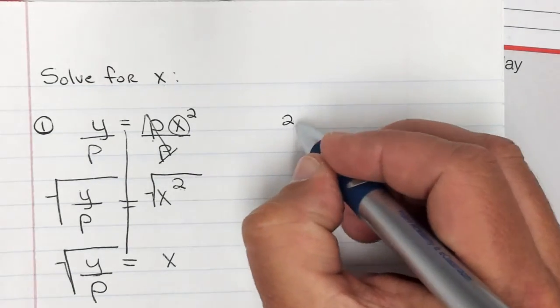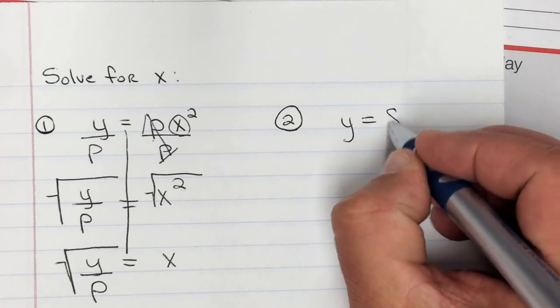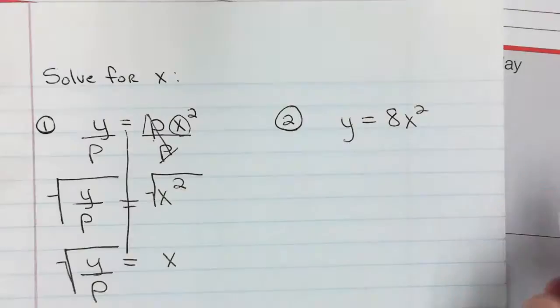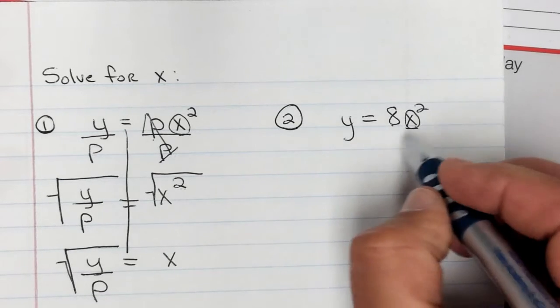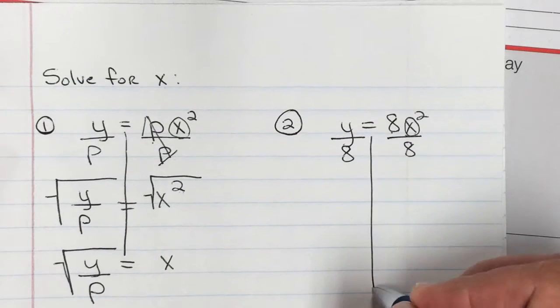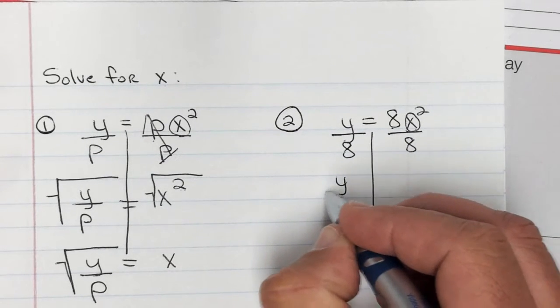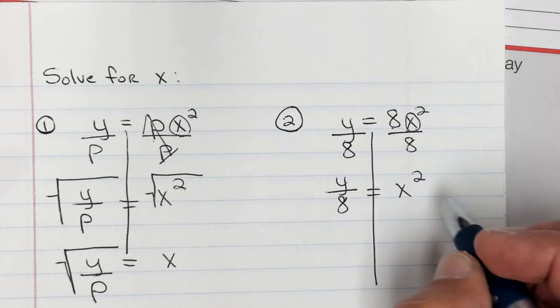Second problem. Y equals 8x squared. Again, we're looking for x. Since 8 is multiplied times x, we're going to divide by 8 on both sides of the equation. Y over 8 equals x squared. And again,